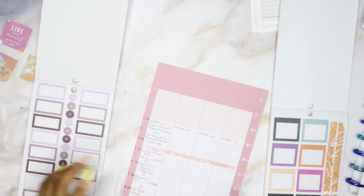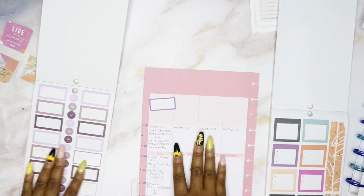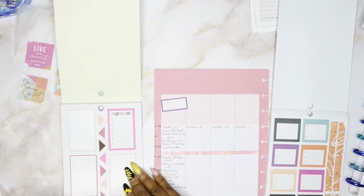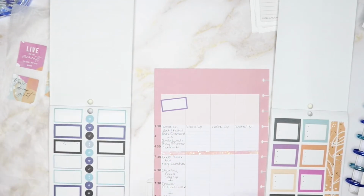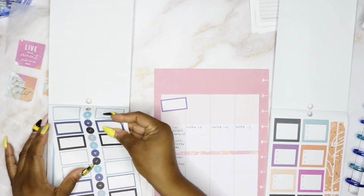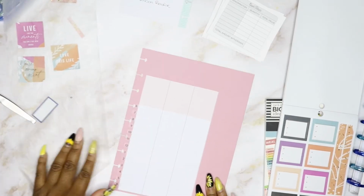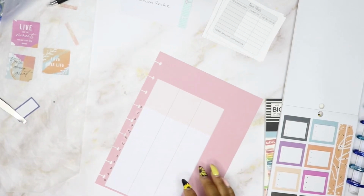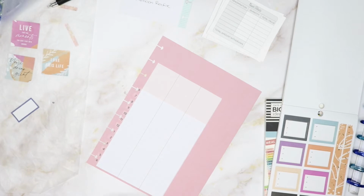my free time focus. So I put hour blocks for my evening schedule, but a lot of those tasks don't take the full hour. So I try to do them back to back to back so that whatever free time I have in the evening, I can kind of focus on what I want to focus on. So I'm just going through and trying to find colors that are kind of matching that theme. And I went and put all those focus boxes at the top and fast forwarded through that because you guys